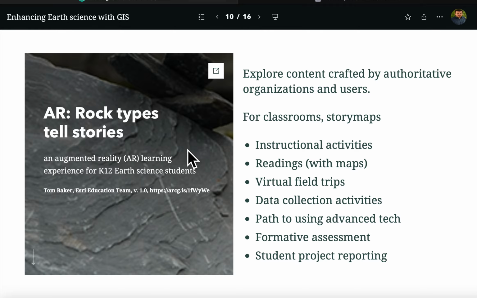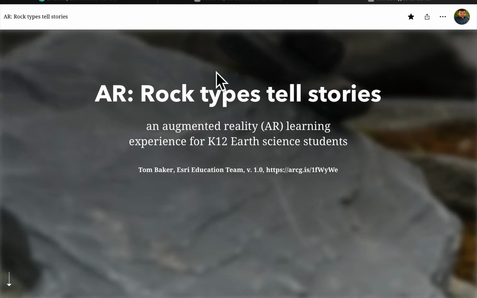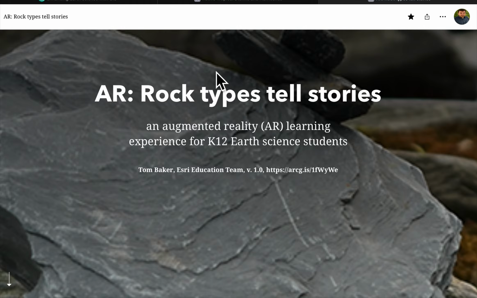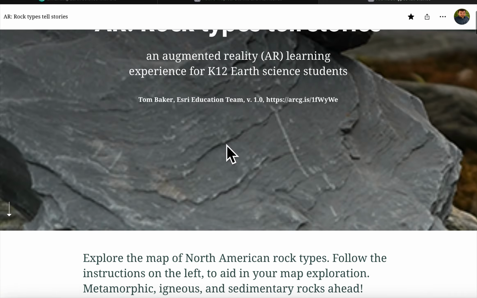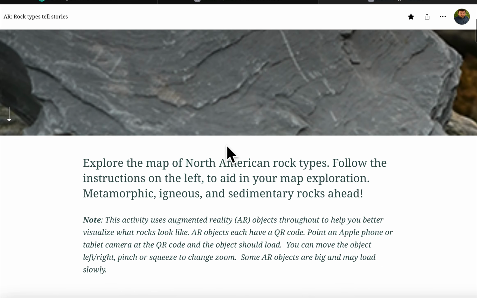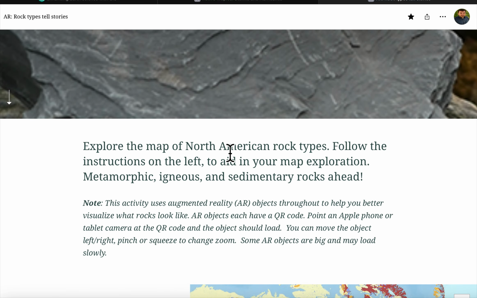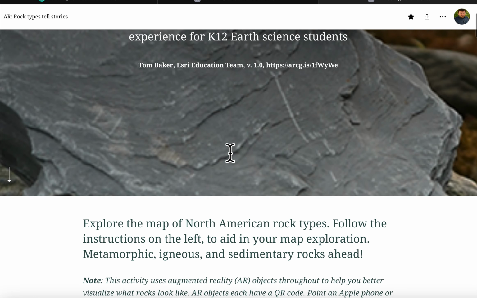Let's take a look at this next story map about rock types. This webinar, of course, is being presented live in the fall of 2025, and rock types is probably going to be at the top of everybody's mind in the very near future in terms of our earth science annual cadence of instruction. This particular story map